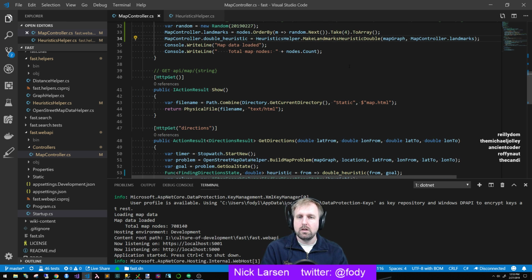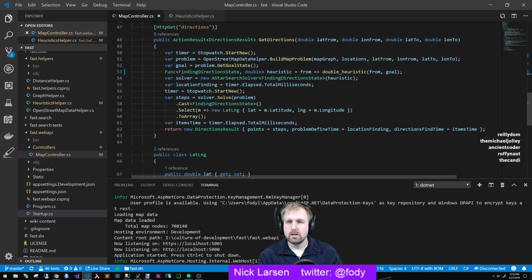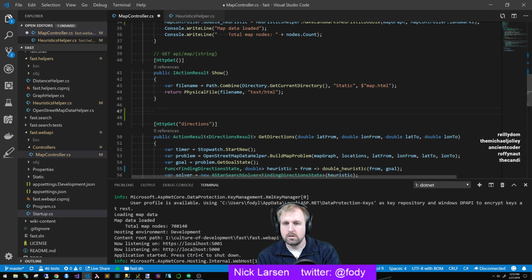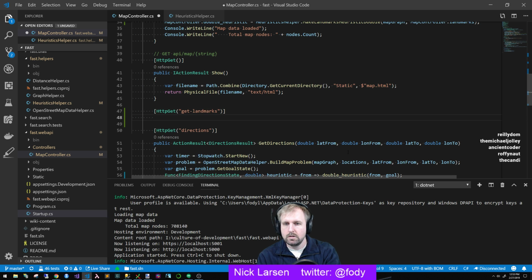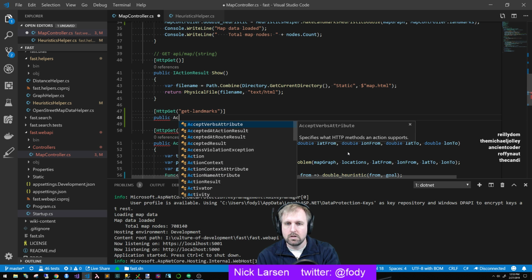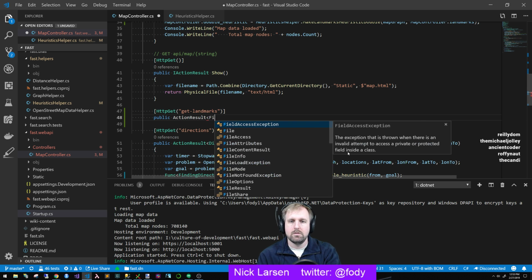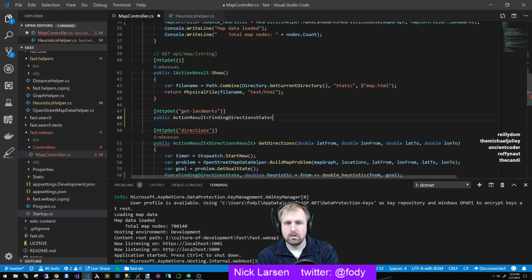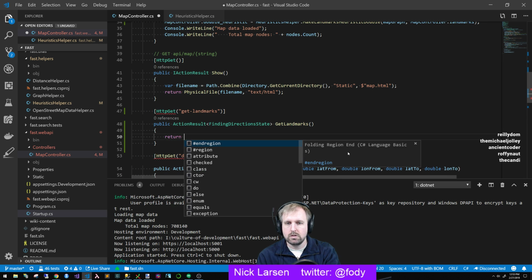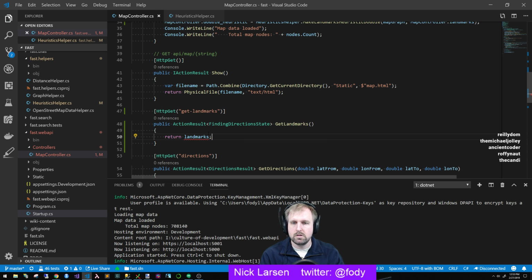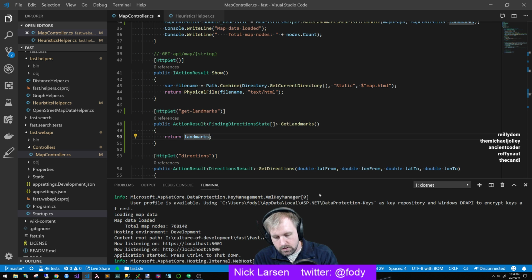Okay, and then let's add in another thing here called get landmarks, HTTP get landmarks, and this is a public action result of finding direction state called get landmarks, and this just returns landmarks array. Okay,